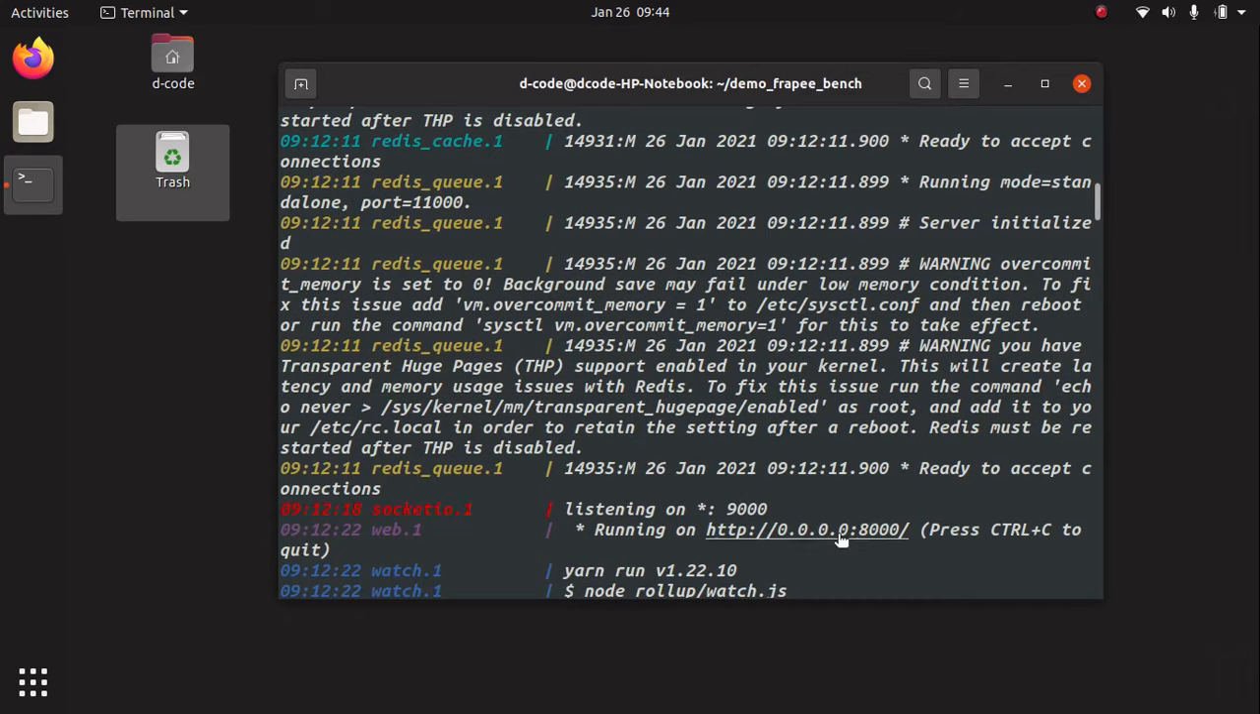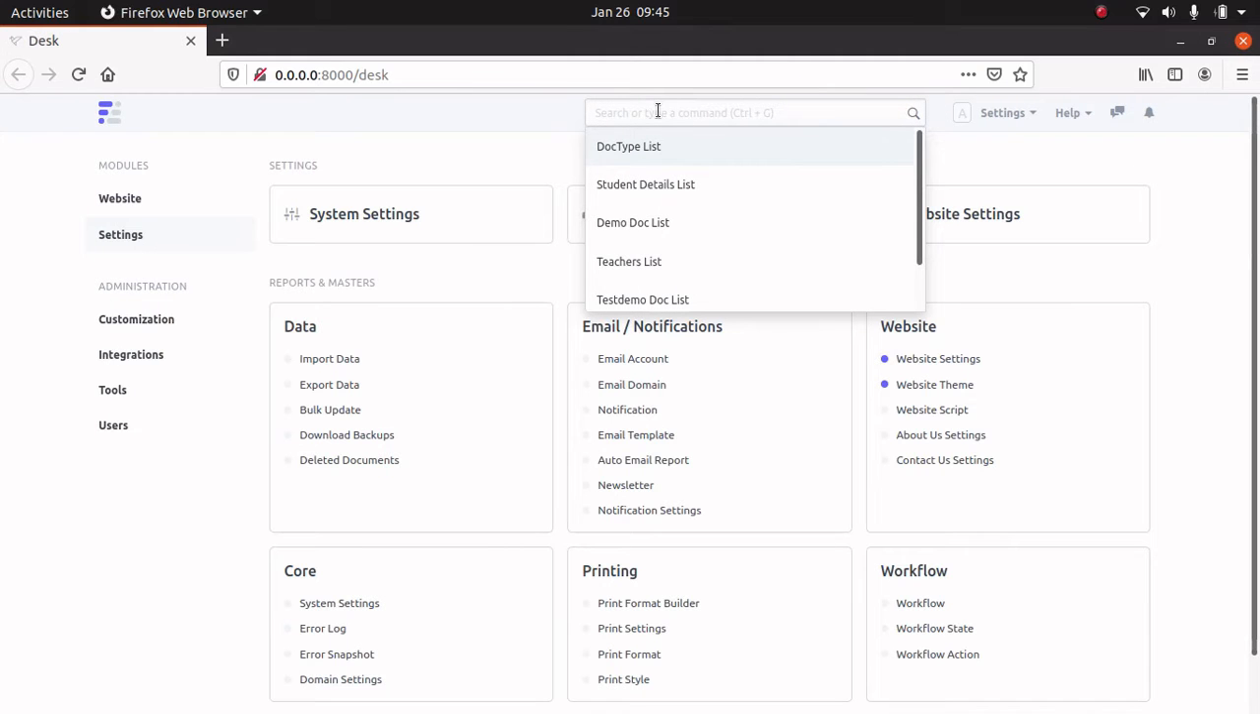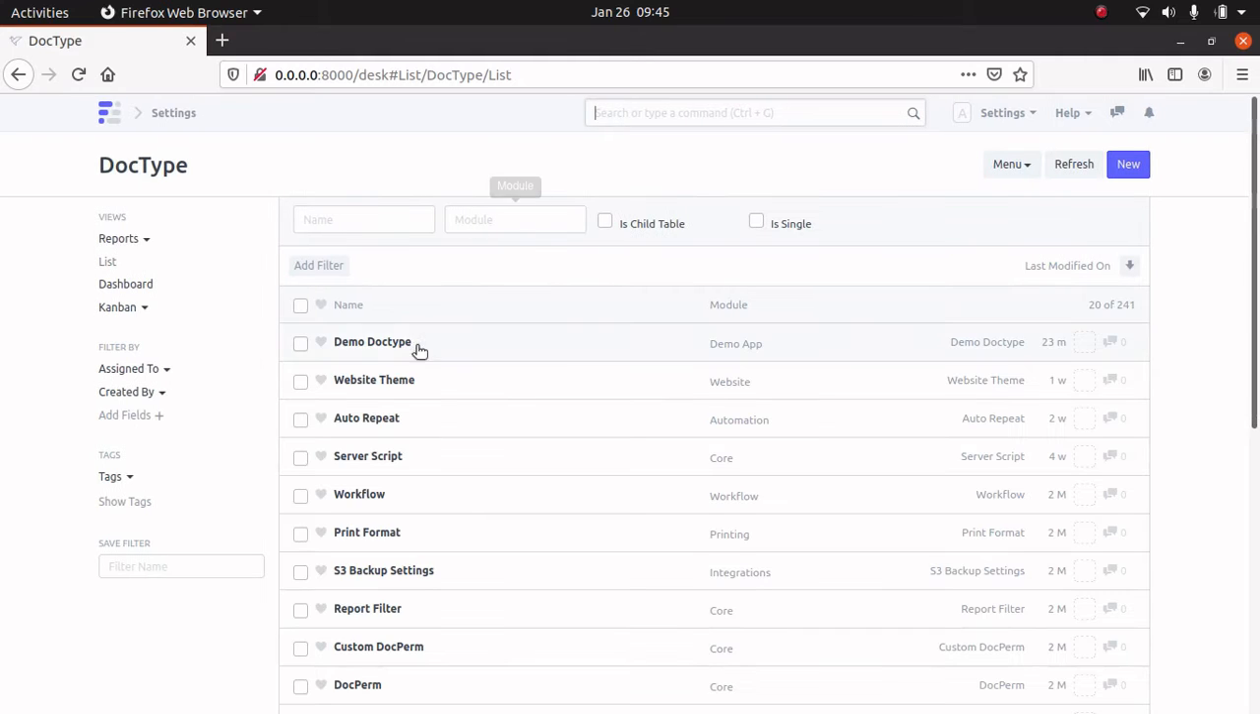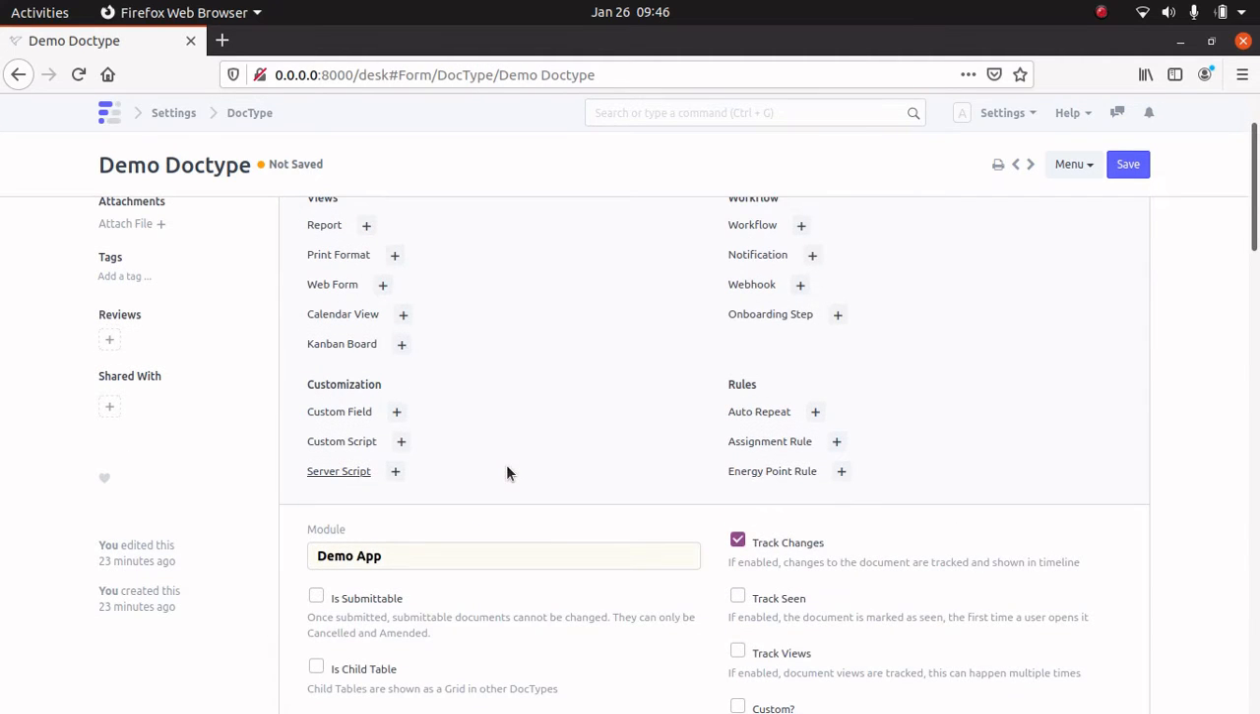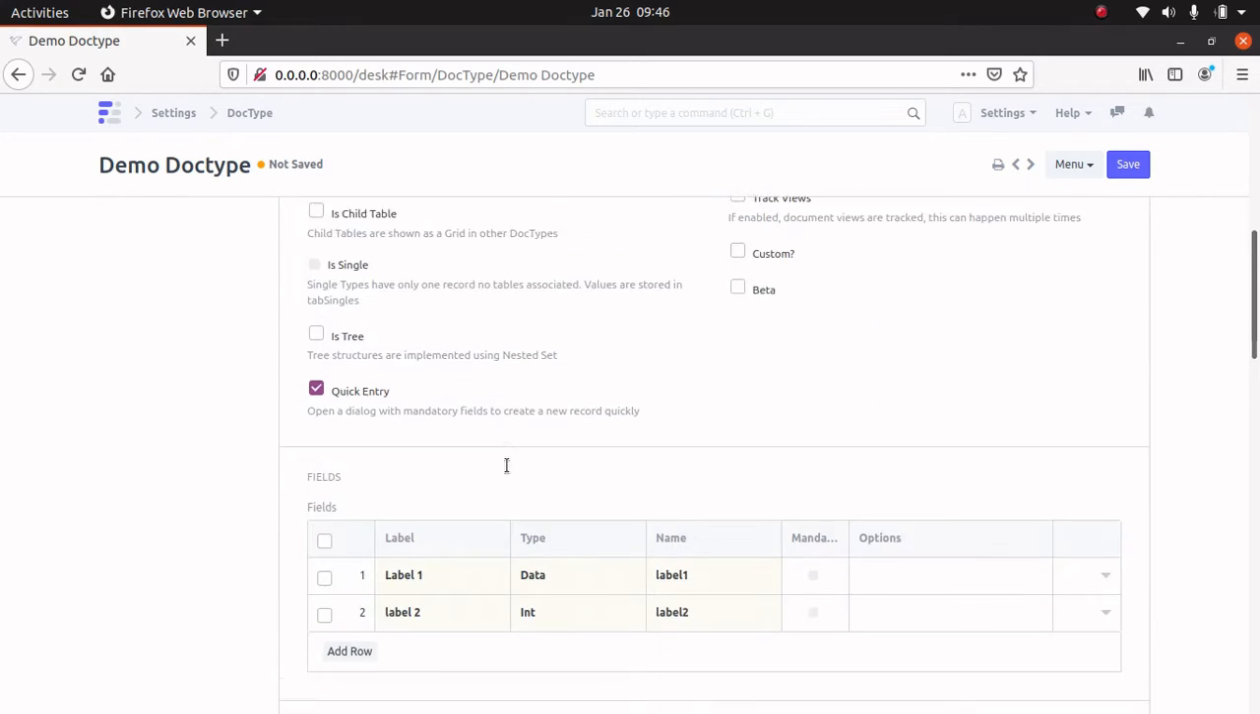My bench is up and running. Let's open this link. Let's select doc type list, and here we can see our demo doc type. Click on that demo doc type, and now we are in demo doc type, and let's add some more fields